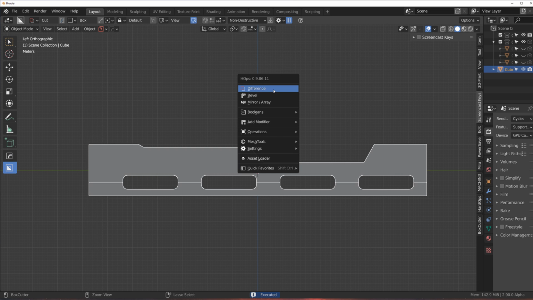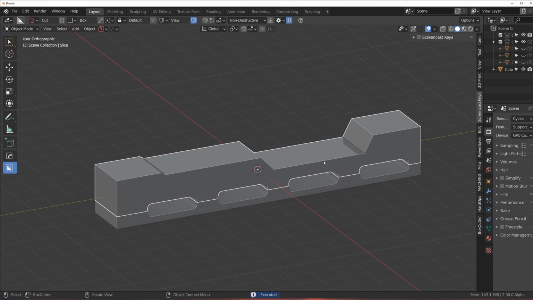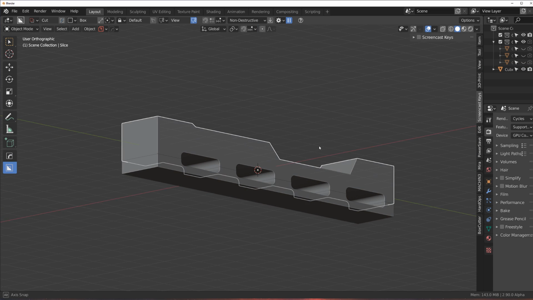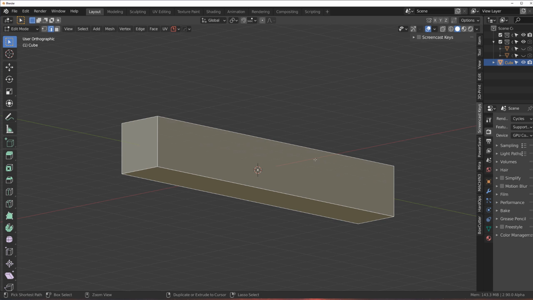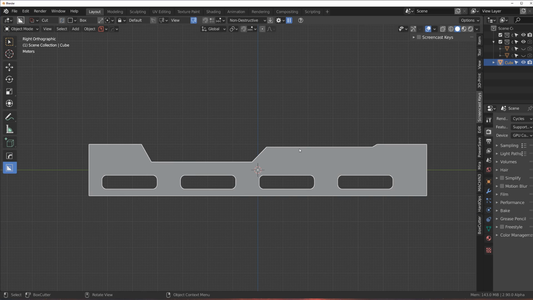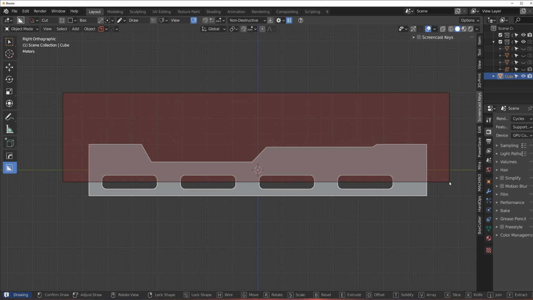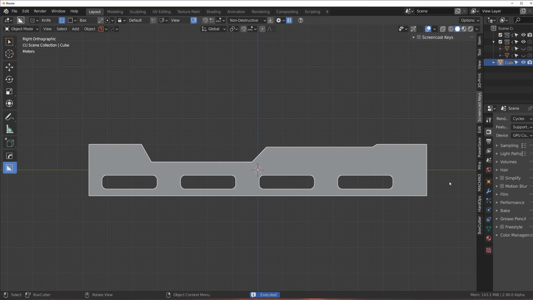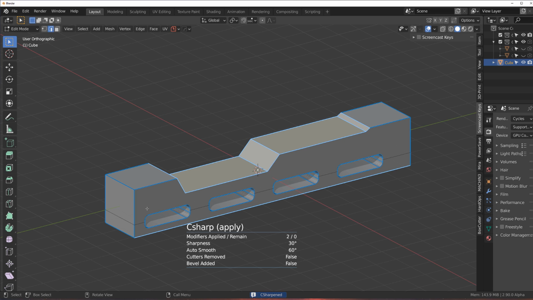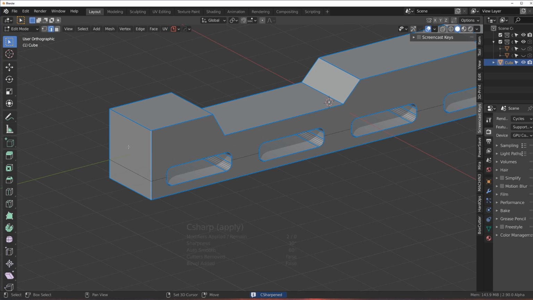So when I apply this, what did I do? Did I slice it? That's not what I want to do. I wanted to actually knife it. So knife and slice it with knife. There you go. Then when I apply it, right, I'm gonna have this line in the middle. Perfect. So now I can select these edges